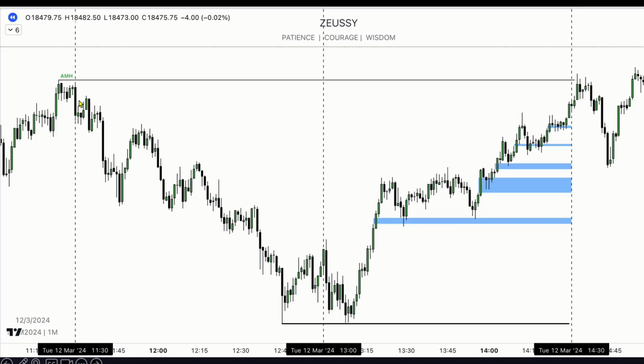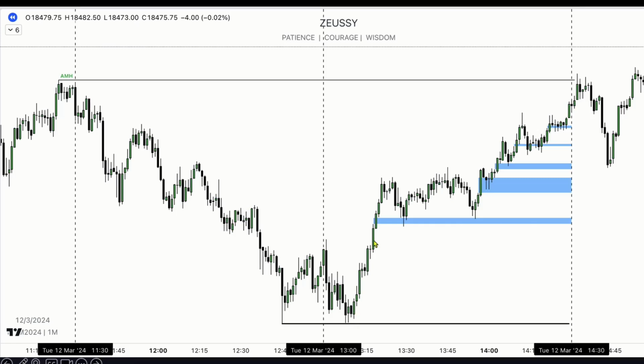The whole function of the first PM cycle was to simply trap people into believing that the lower prices were next for the afternoon session. The lower highs are being made. What does that mean? Retail Rick looks at that and they're thinking, okay, we're gonna see lower prices now for the afternoon session. What occurs is the following. The second 90-minute cycle of the PM session comes along. What do we see? The market opens up, trades higher, and then immediately manipulates lower. Now notice that no lower low is being created relative to that previous cycle's low. We're going to touch that again soon to discover why that was the case.